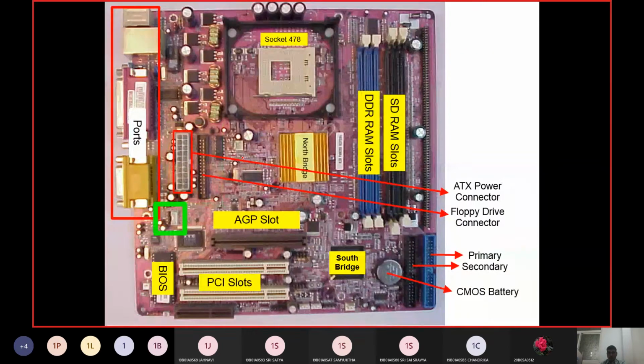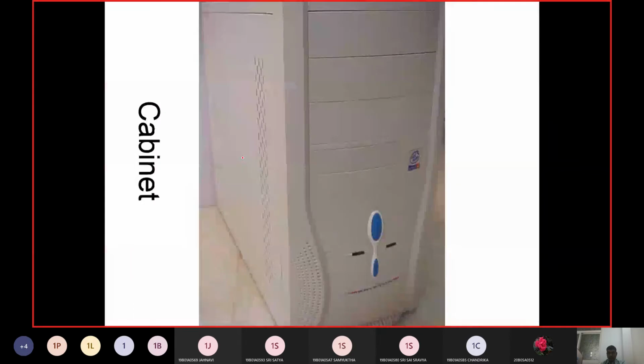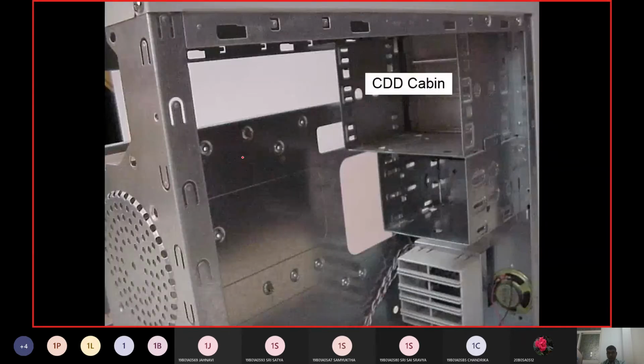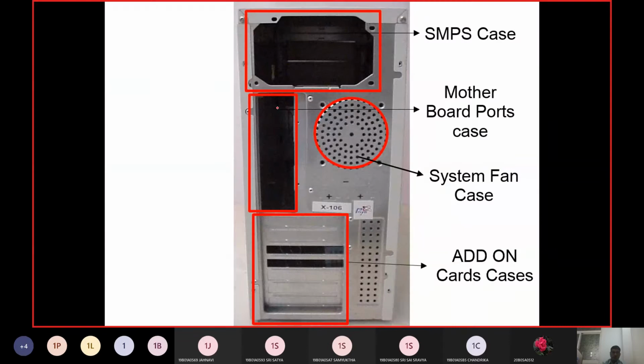Again, the same description was happening, it is a quick recap of what was happening inside. When we look at the cabinet here, the cabinet is going to have the SMPS, where it is going to use some power supply.